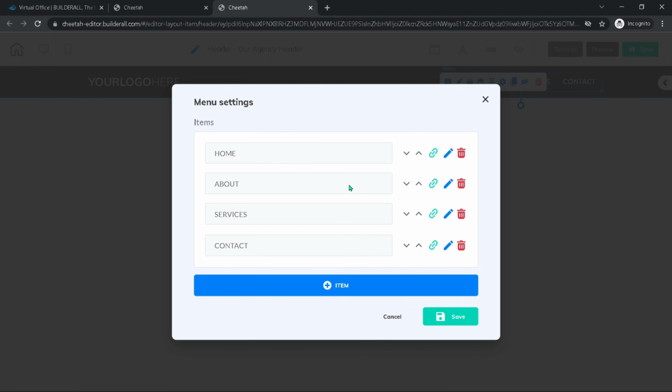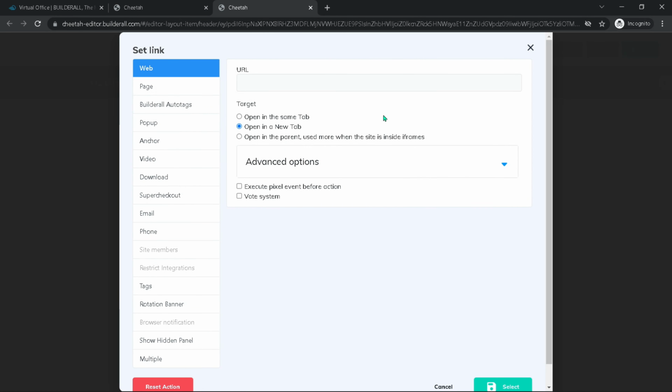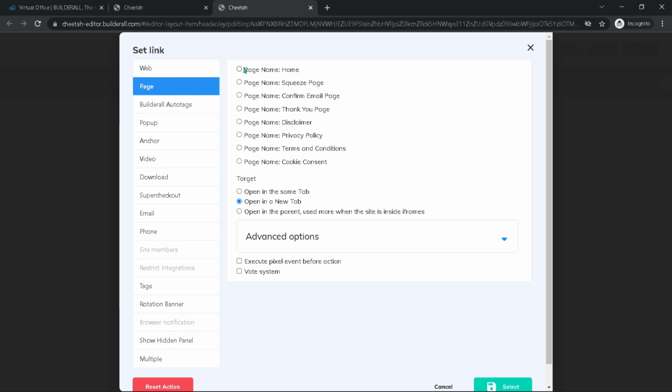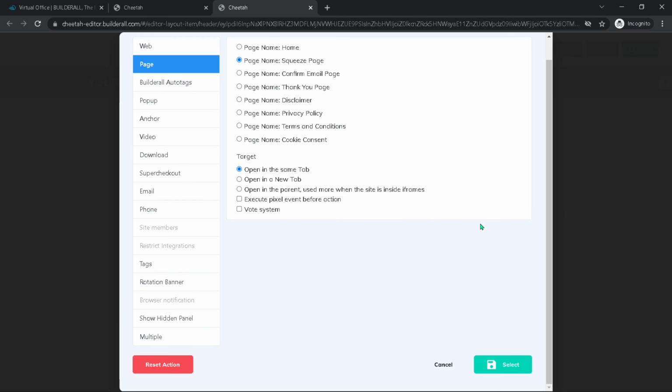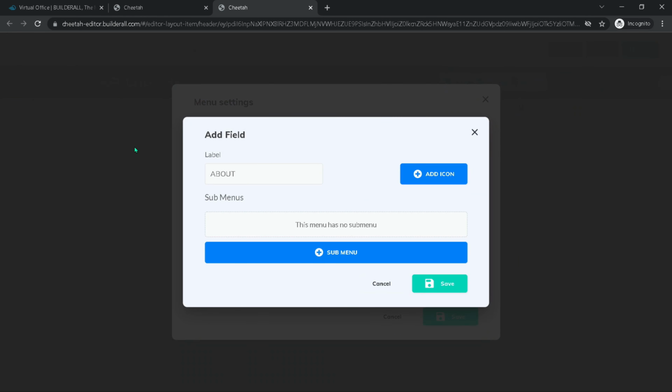Let's say we want to link this. Maybe first, let's link it first. And find pages here. We could obviously link it to any URL on the web as well. Let's link it here to our squeeze page and open this in the same tab. Hit select. Now it's linked, and let's also change the name of this and say